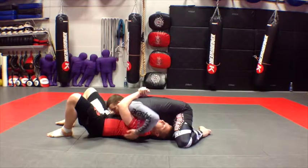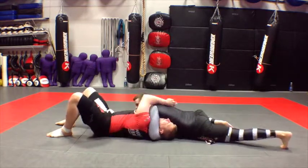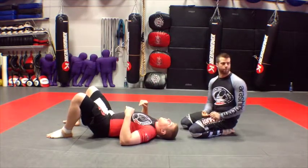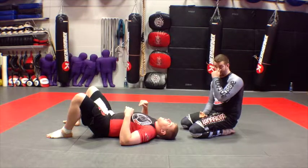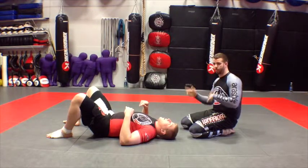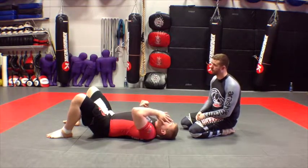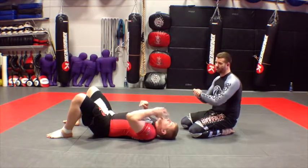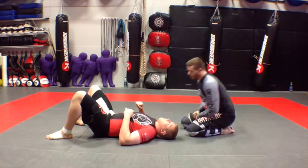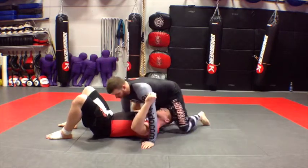But pretty easy north-south choke. If he really wants to keep those hands together, just choke him. All right, then if he lets his hands go to try to defend his neck, then you go back to the Kamora. They work in conjunction with each other very well. Basically, if his hands are together, choke him. His hands are apart, Kamora him. Okay? So, a couple things. Number one,